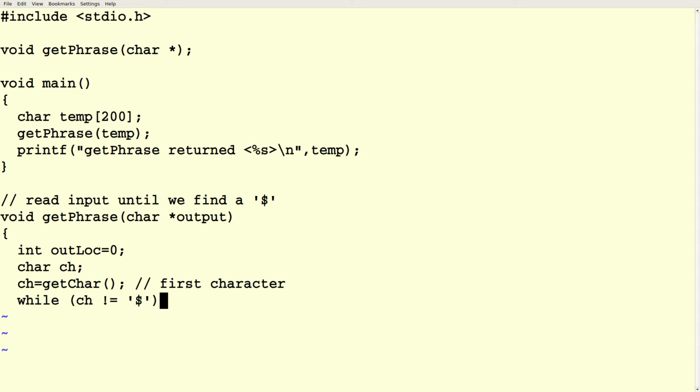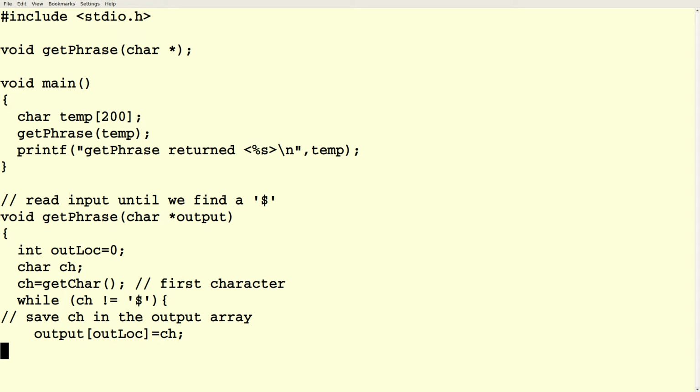And while this character is not a $ sign, so that's the end of our phrase, let's just save this in the output array. So output[outloc] = ch, where ch = getchar reads the first character.